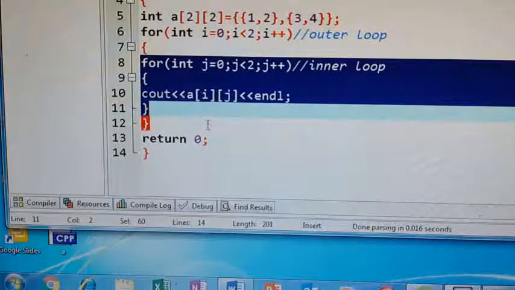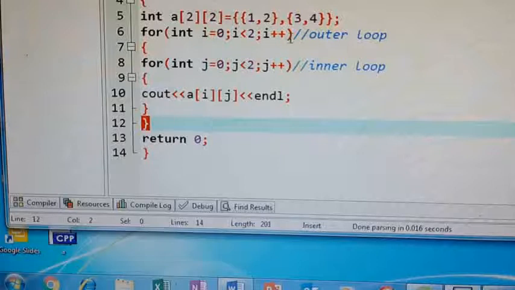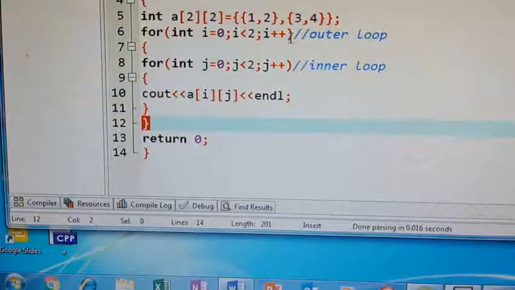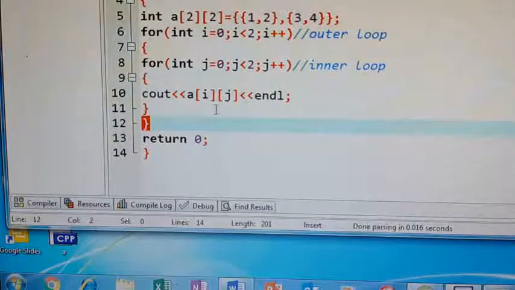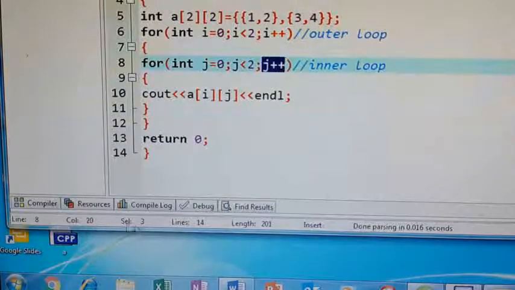Only when the inner condition fails will we go to the outer loop. So after printing the first element, j is incremented by 1. We are not going to the outer loop because the inner loop has not failed. So basically the j value was 0.